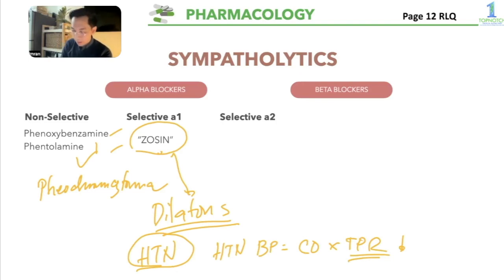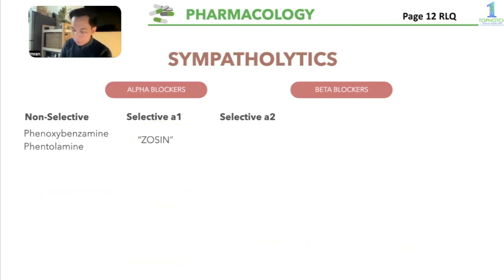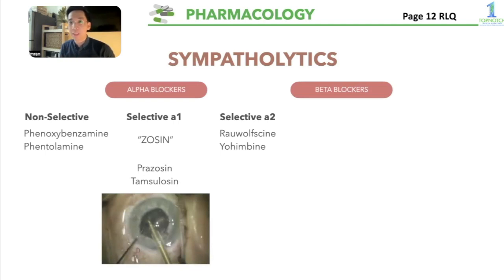Next, you have your selective alpha-2 receptors. Your selective alpha-2 receptors include your rauwolfia and your yohimbine. Dati ginagamit sila for high blood pero hindi na sila ngayon masyadong used, no? Rauwolfia and your yohimbine. Okay? Before, not naman before, your tamsulosin is also associated with what you call your intraoperative floppy iris syndrome